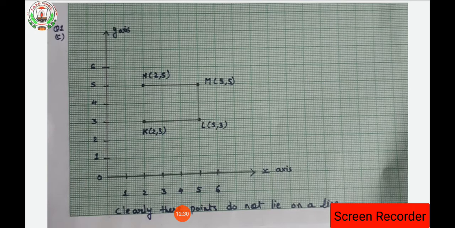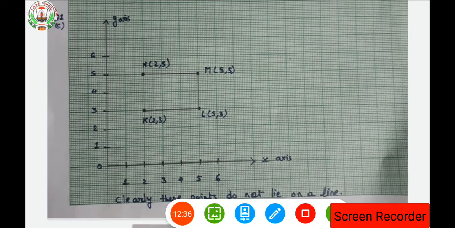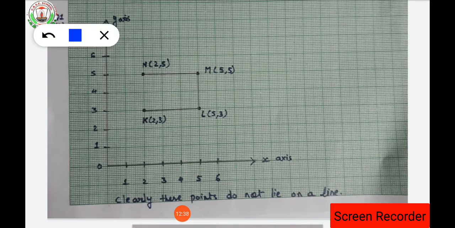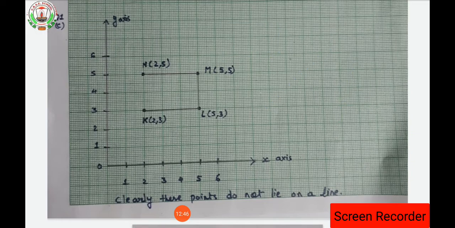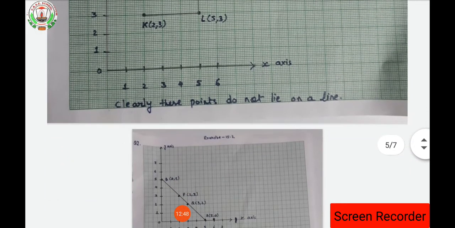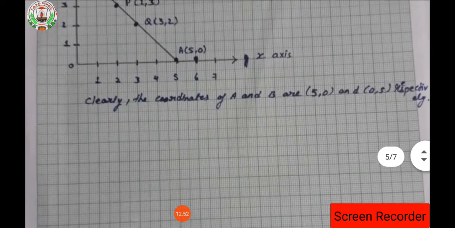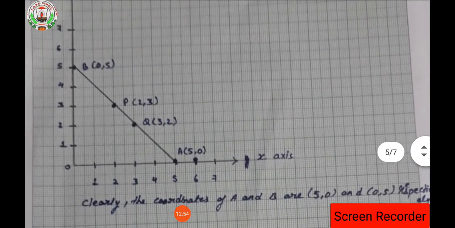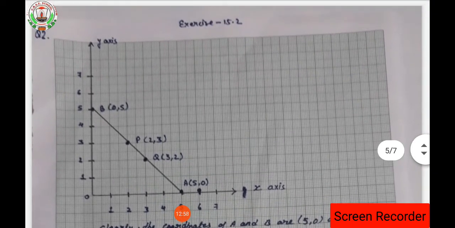Clear everyone? Here we can say that clearly these points do not lie on a line. On a line, that means in A, B, C the graph lies in a straight line like this, isn't it? But here it is not a straight line, it is curved. That's why it is said that clearly these points do not lie on a line. Clear everyone? Now for the next question, question number 2, it is said that